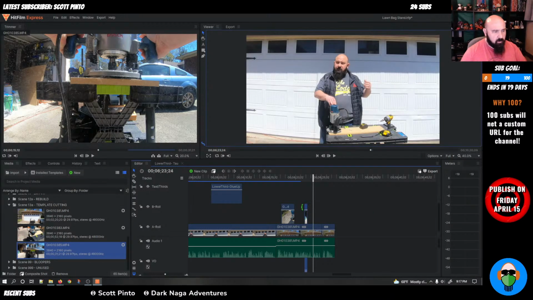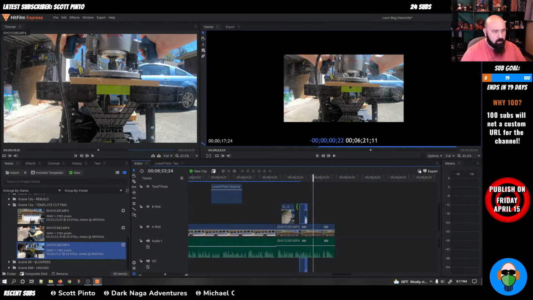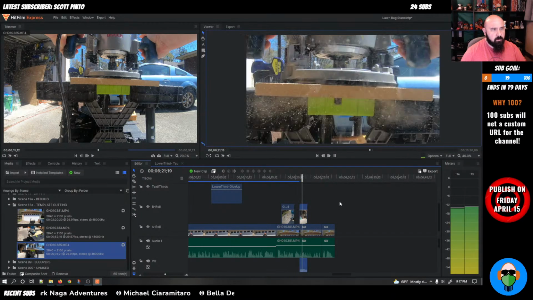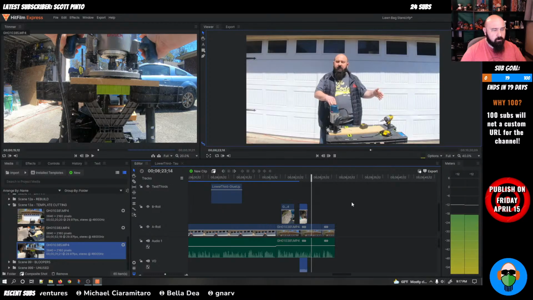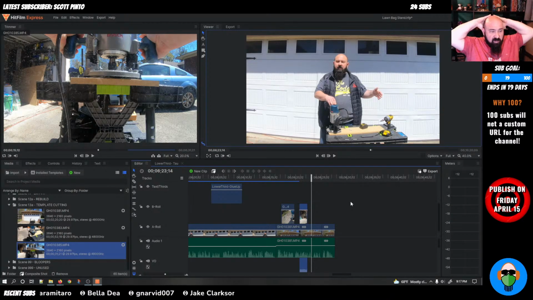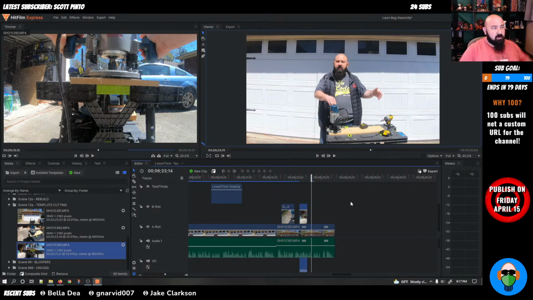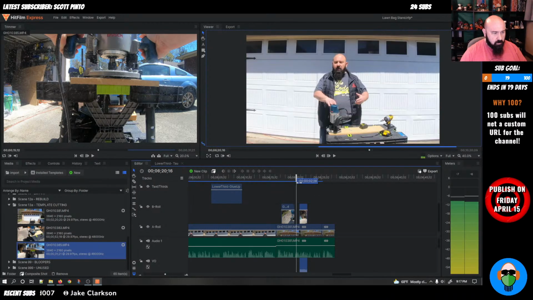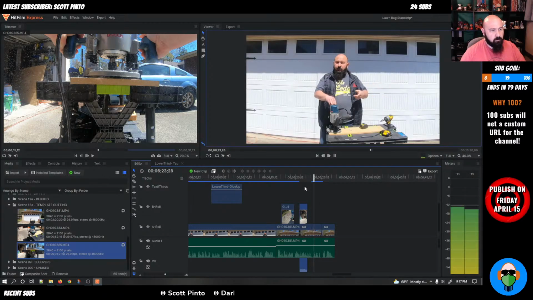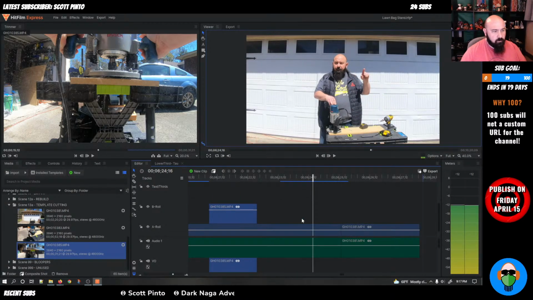Yeah, I'm just, I feel like it needs to be at least a few seconds to make it work. And that will allow us to plunge cut a hole and then measure back to find a pivot point. My main frustration right now is the damn lag, the jumpiness. It will allow us to plunge cut a hole and then measure back to find a pivot point, so that we can create a